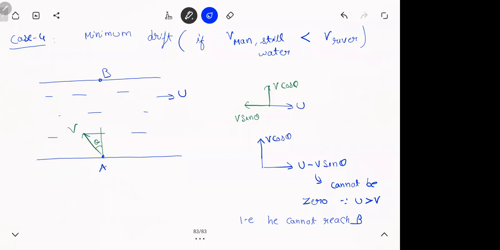Getting it? First of all, in order to go to the opposite bank, exactly opposite, you should be able to cancel the river's velocity. Meaning, you should swim faster than the river. Only then you can go, no? But if the speed of the river is more than yours, you cannot reach B. So then, if you cannot reach B, what is the minimum then? Since you cannot reach B, what is the closest you can get? So for minimum drift, that is for the minimum BC value, the man has to swim